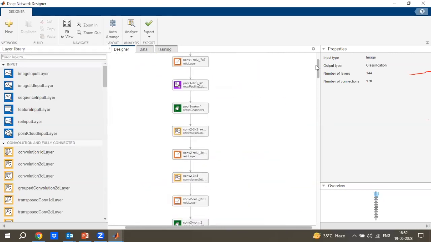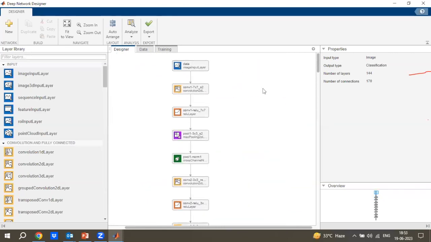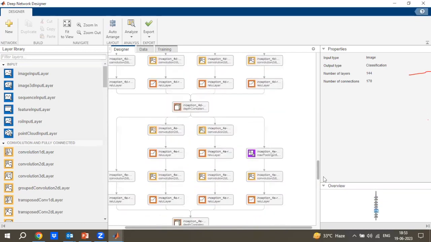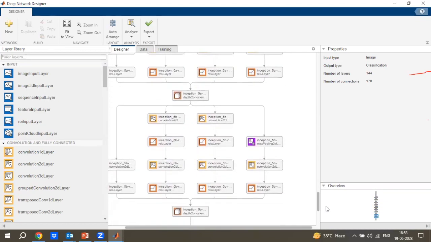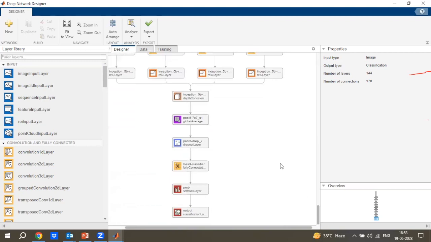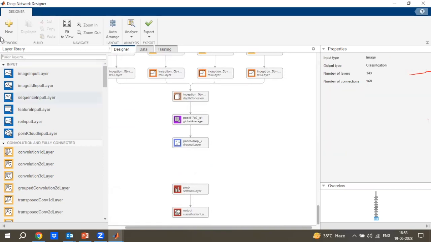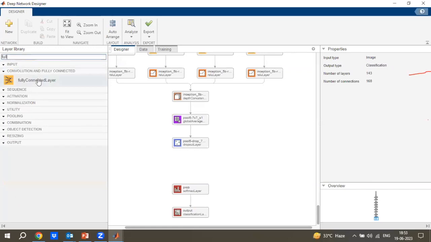I am not going to make any network from scratch, because I don't have much knowledge of how many layers to use. I can replace only 2 layers of this network. What are the 2 layers? The fully connected layer. I will delete this fully connected layer and replace it with a new fully connected layer,